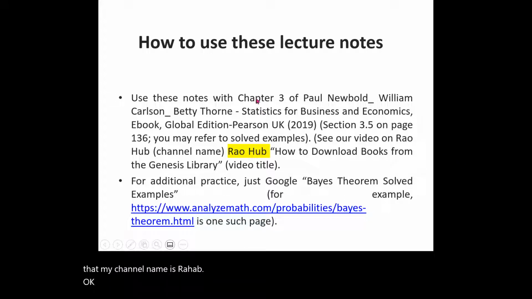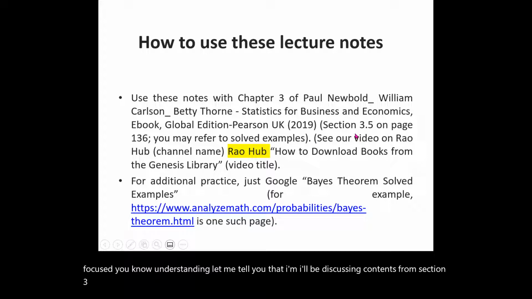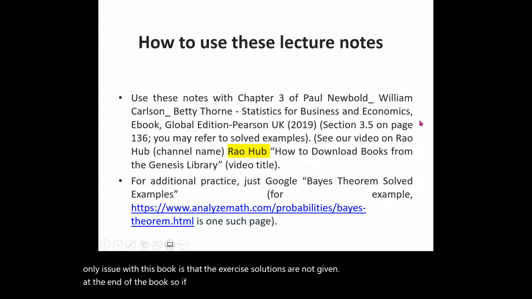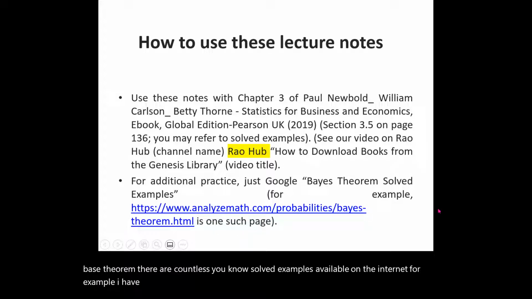Okay, so we will be using chapter 3 of the book that I have just mentioned. And for a more focused understanding, let me tell you that I'll be discussing contents from section 3.5 of chapter 3, and you can specifically refer to page 136 onward for Bayes' theorem examples. The only issue with this book is that the exercise solutions are not given at the end of the book. So if you want to prepare from, let's say, an exam point of view, you can focus on the solved examples. And if you want to do additional practice of Bayes' theorem, there are countless solved examples available on the internet. For example, I have shown one URL here from where